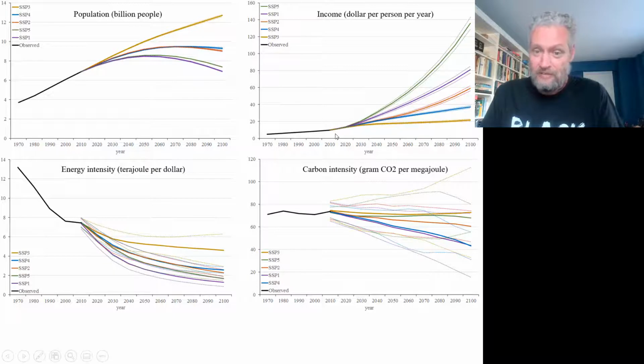Current income for the world average stands at around $7,000 per person per year. In the most pessimistic scenario, that goes up to $20,000. They are roughly talking about Portugal or so. That's relatively well-to-do, and that's the most pessimistic scenario. In the most optimistic scenario, per capita income at the end of the century goes up to $135,000 per person per year. That's the average. That is richer than the current richest country on the planet.